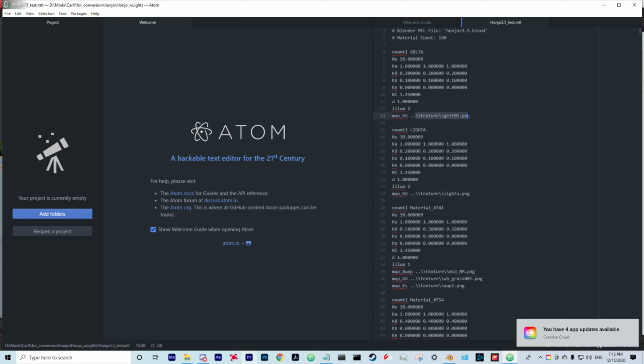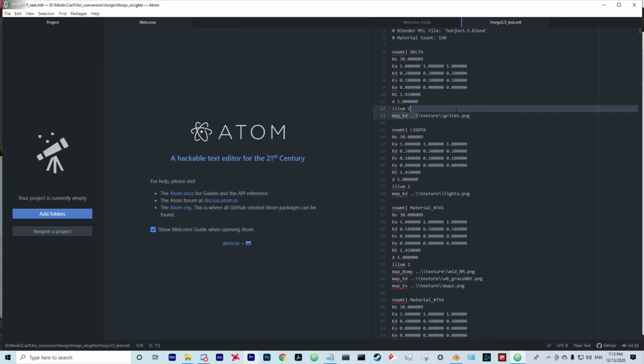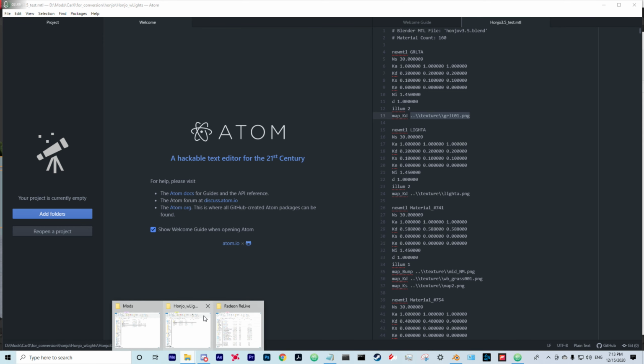So depending on what option you choose in texture mode, this file path to this texture will either be the absolute file path, which means it will start with your main drive, like your C, D drive or whatever, and then go all the way down the line till it gets to this file. But because you're going to be giving these maps to other people, you just want to make sure that it links correctly. So the way I organize my folder once the map is completely converted, let's take a look at